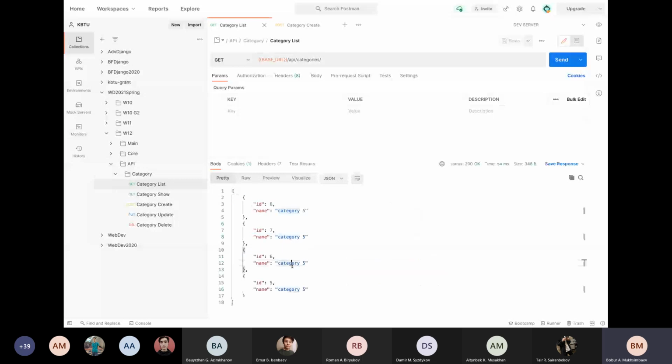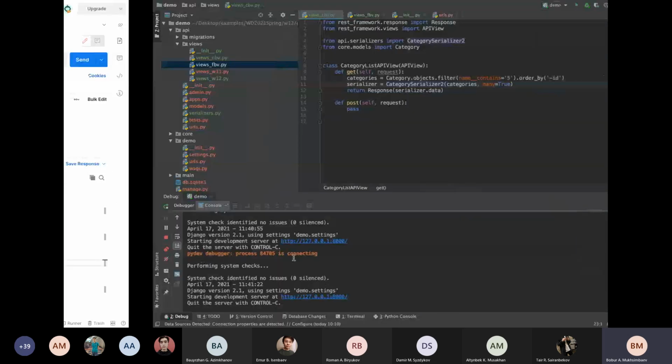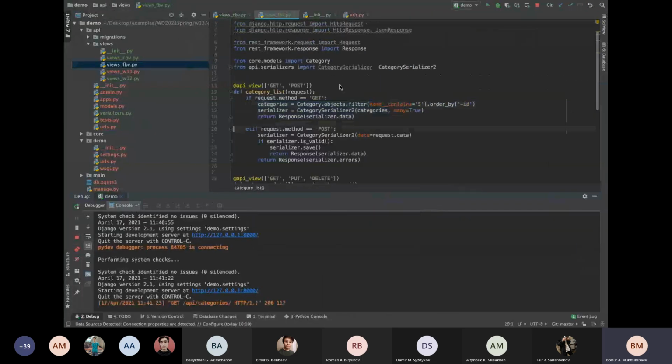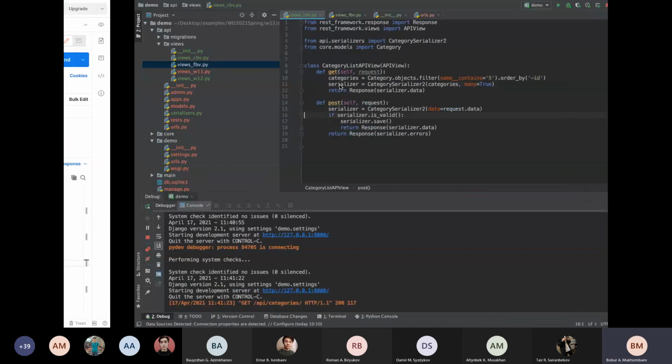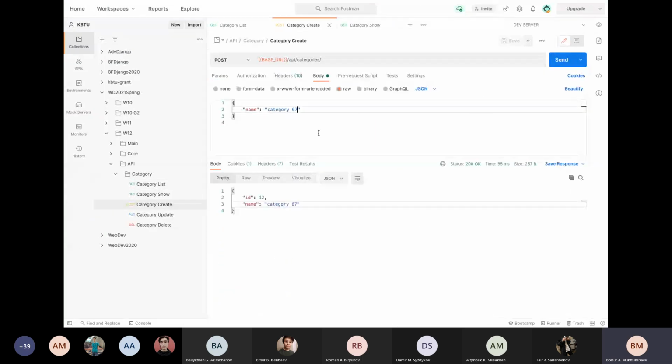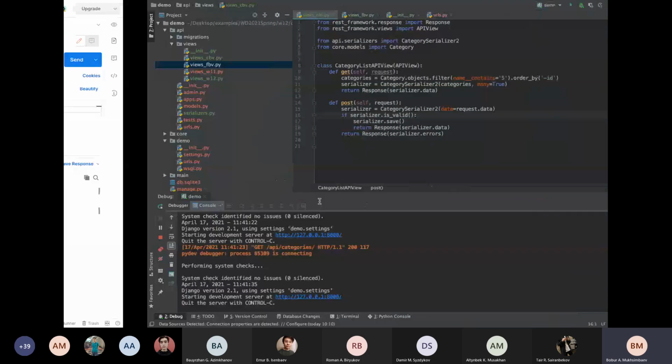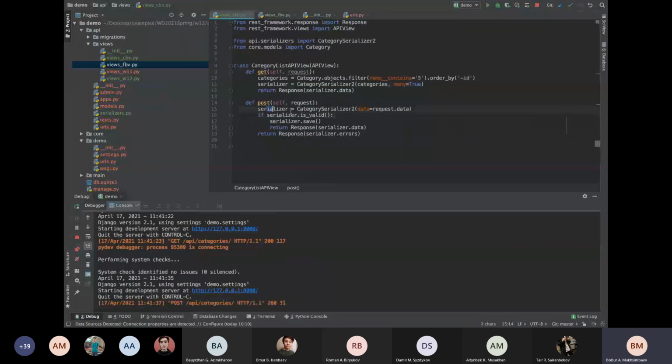And from the function-based view, you can also copy this one and put it inside of the post, and you will have the result for creating a new object. It will be implemented over here. The same thing for